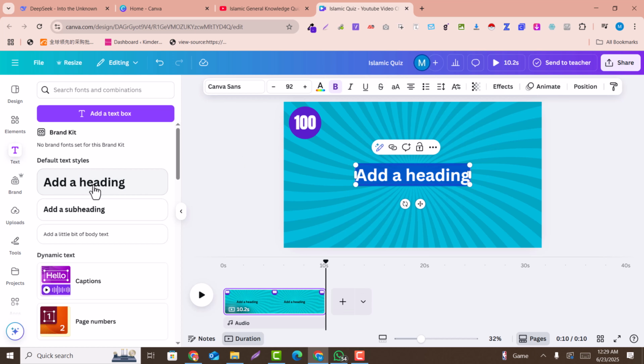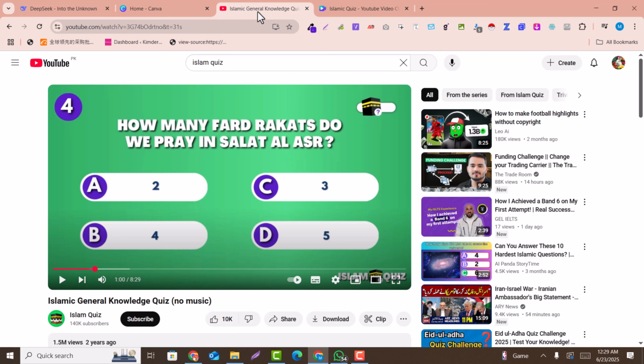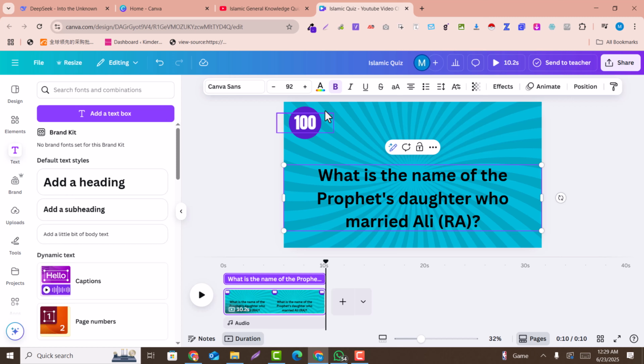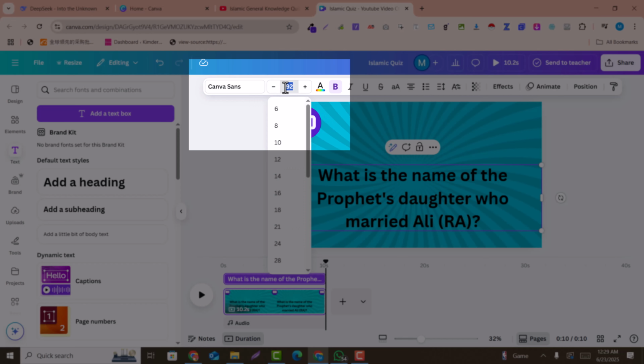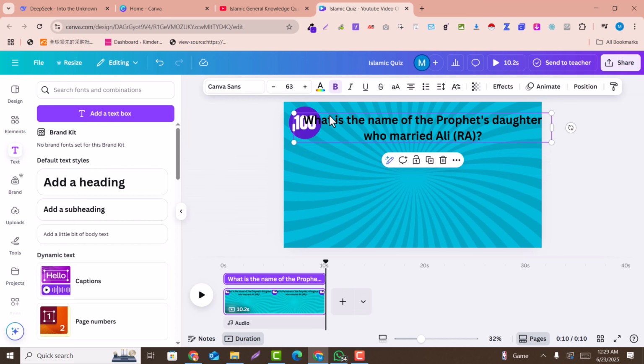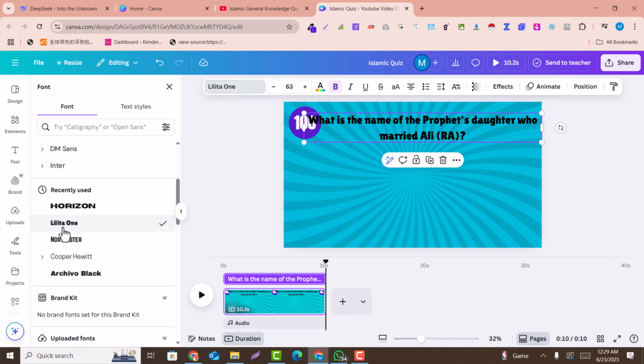Now here is the corner, and here inside that we need a question. So here I just add a question here. So here is the text for the question. So from the generated data, we just copy a sample question here and paste inside that. So you can see this is too big, so we just make the font smaller. So here I have made it smaller like that. We just need to change the font family. For example, I just selected the literal one, for example, and I'll also make this more